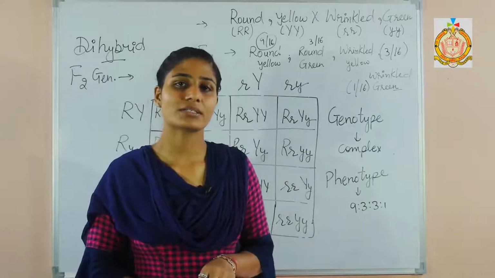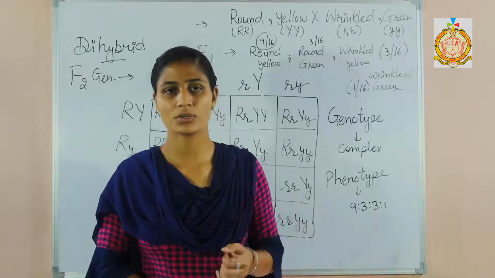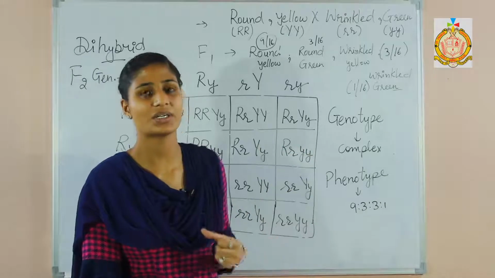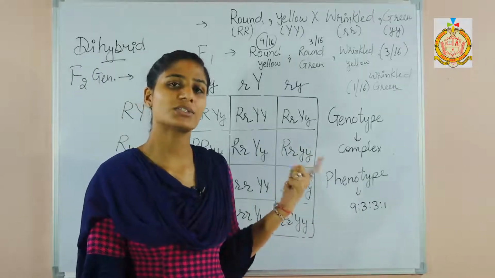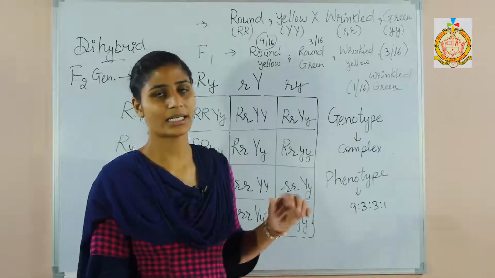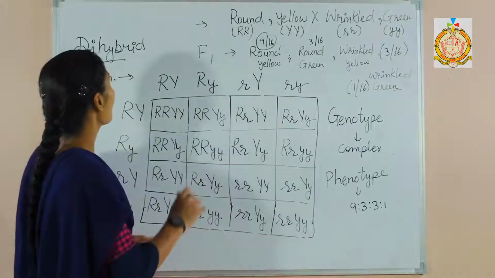In the last video we discussed genetics, the monohybrid ratio, how the alleles and genes show their combination and what their impact is, as well as the genotype and phenotype ratio. In this one we are going to continue with that and discuss the dihybrid ratio. So let us begin.